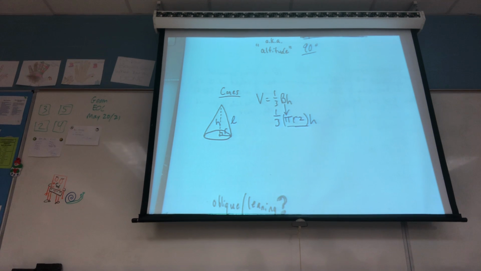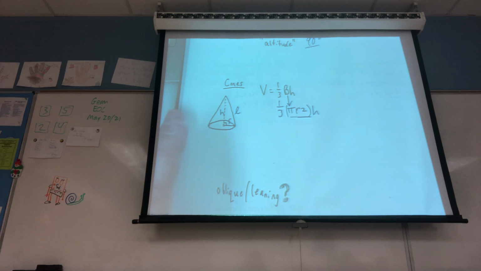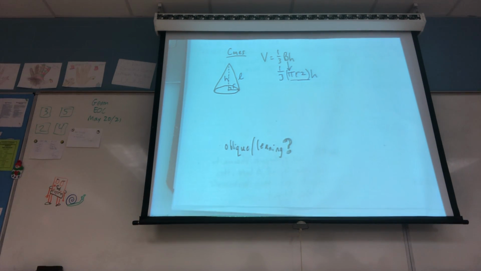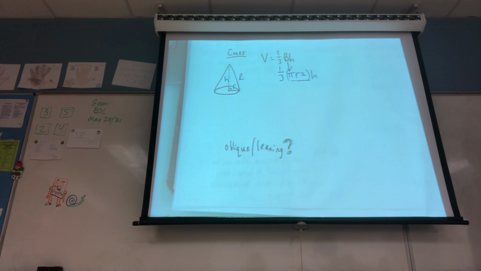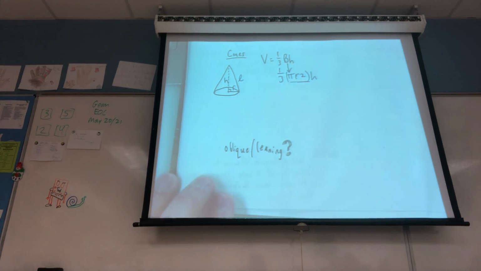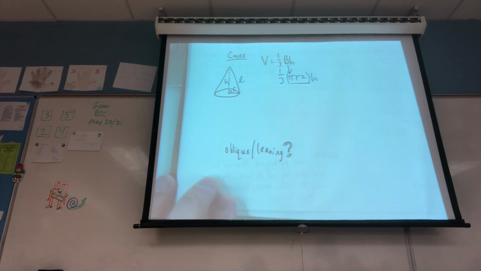And then the last thing on the bottom, and we discussed it yesterday, it's the same idea, same thing. Remember, if a shape is oblique, it means it's kind of leaning. Now, did we change the volume formula up yesterday if it was oblique? No. And it's the same thing today. You don't change it, you use the same